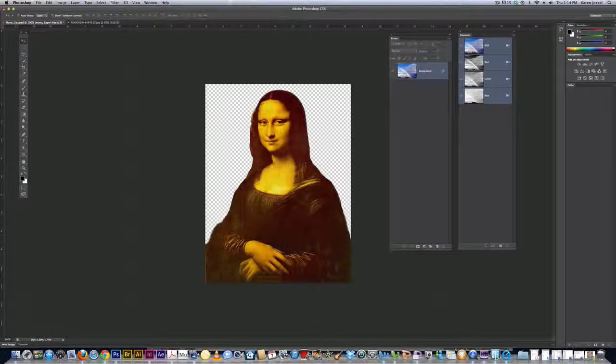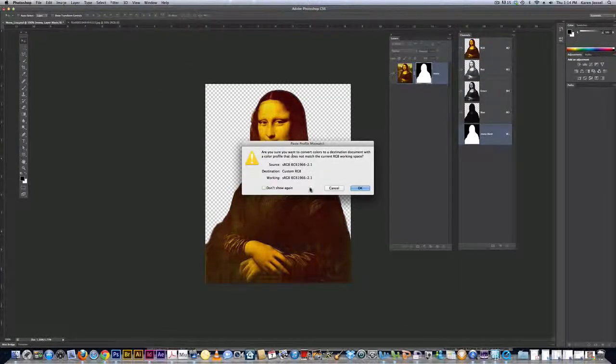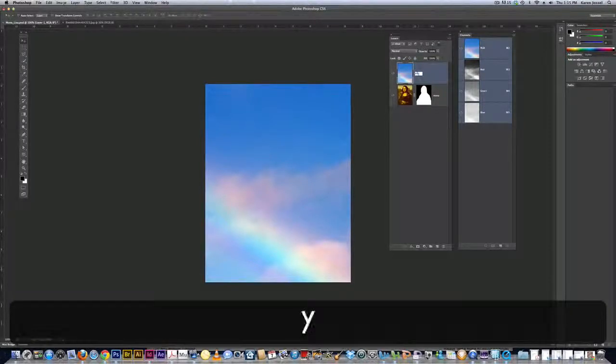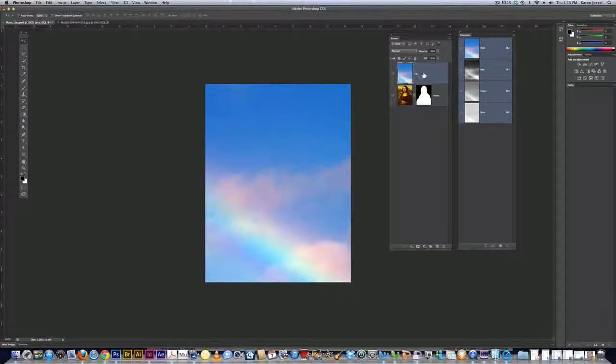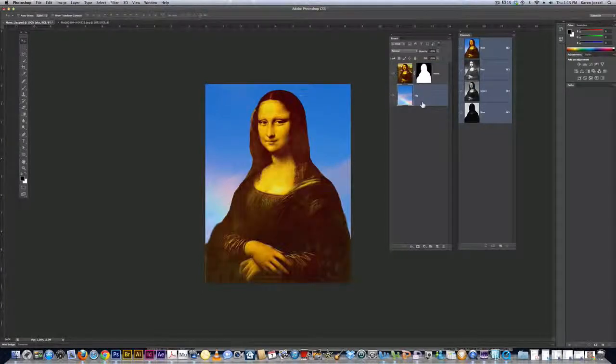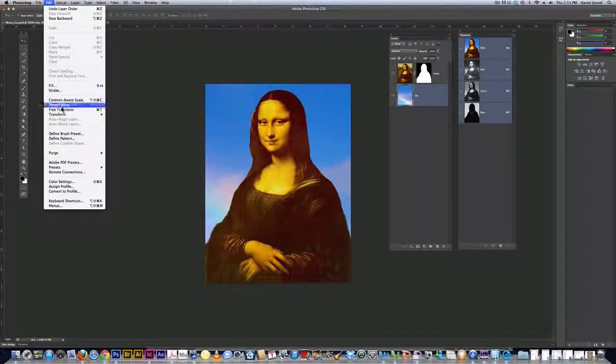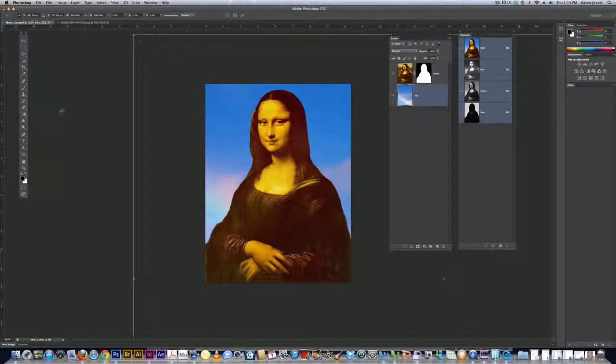I don't let go till I see that I'm in there. It gives me these different working spaces. That's okay. And because it's above her, it's hiding her. I'm going to rename it Sky just so I'm doing good work habits. I'm going to bring it below her, and I'm also going to free transform it because I can't see the rainbow. So I'm going to either do the keyboard shortcut Command T, Control T on the PC, or free transform,